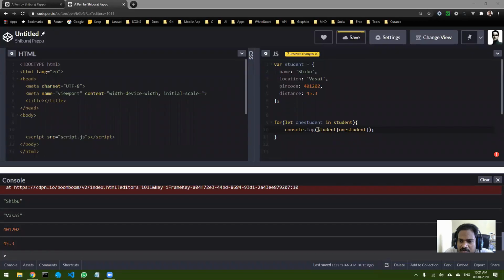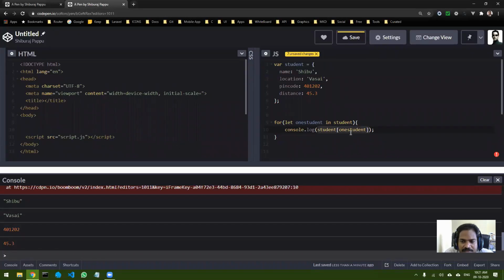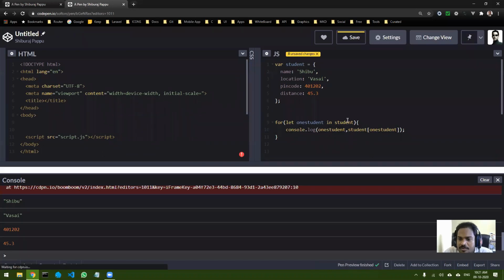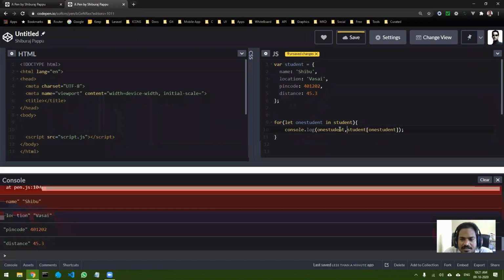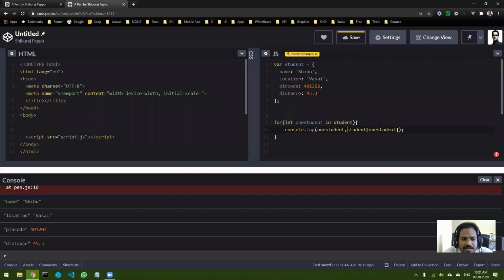That is what we have printed over here. If you want to print both of them, then you can put a comma in console log and print both of them. So I'm adding one student, and then I'm also getting the value. You can see I'm getting name Shibu, location Vasai, pin code 401202 and distance 45.